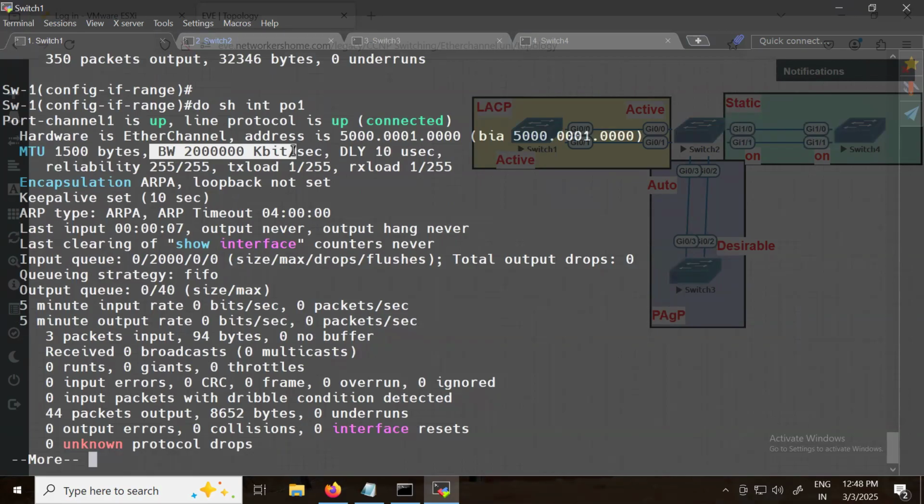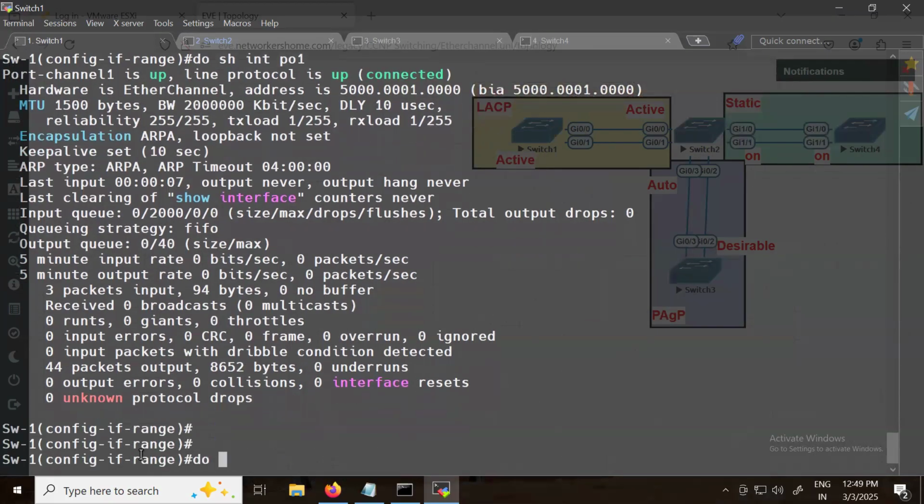Is it double or not? It is just the double. 2 into 10 raised to power 6 kilobit. Okay. And if I check Etherchannel, to show